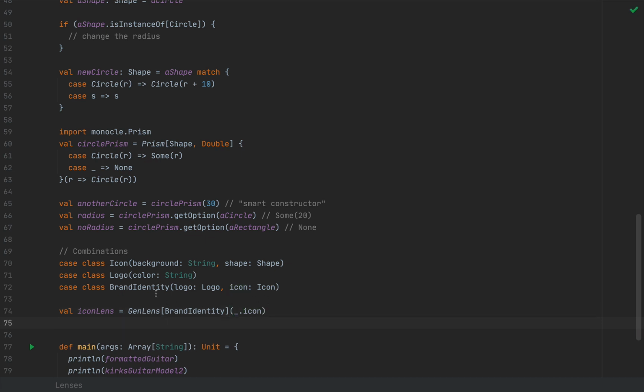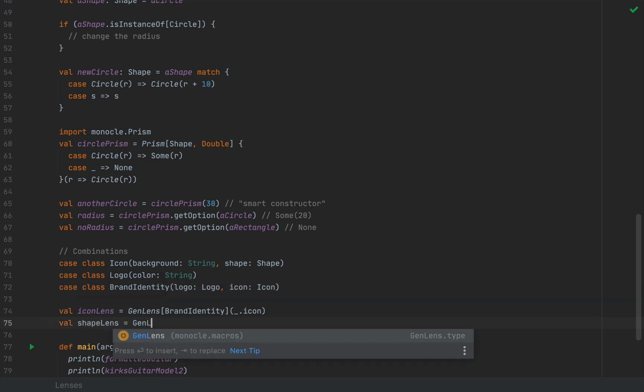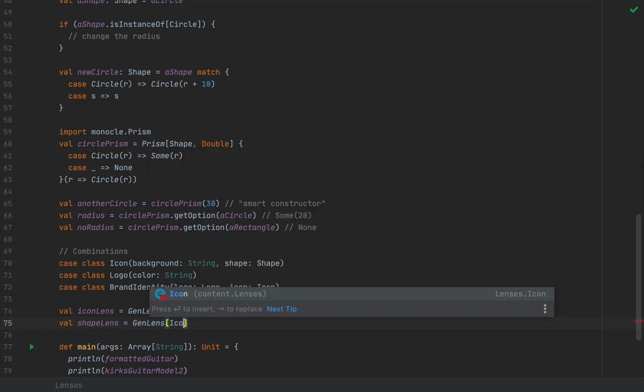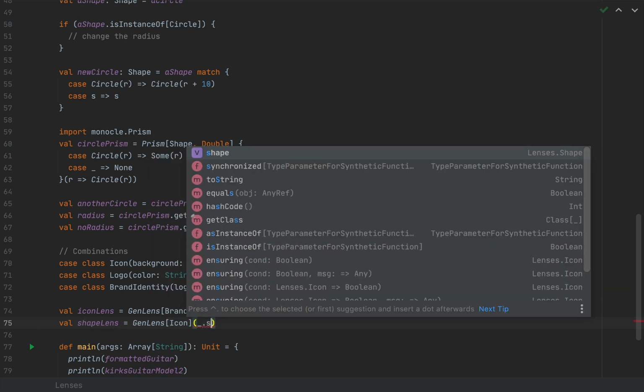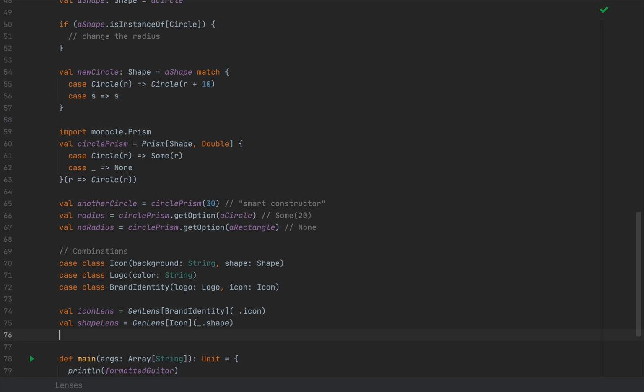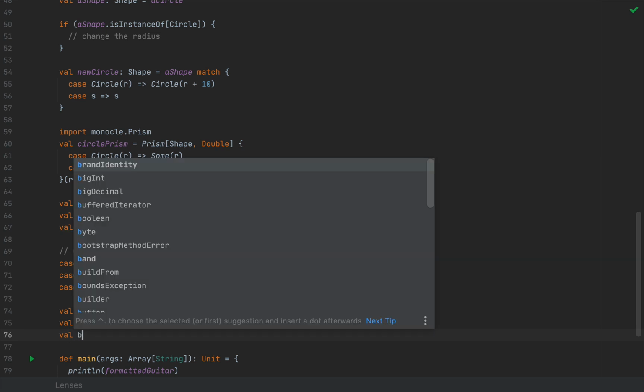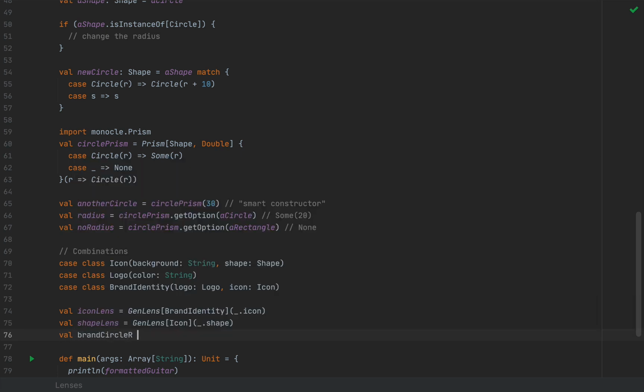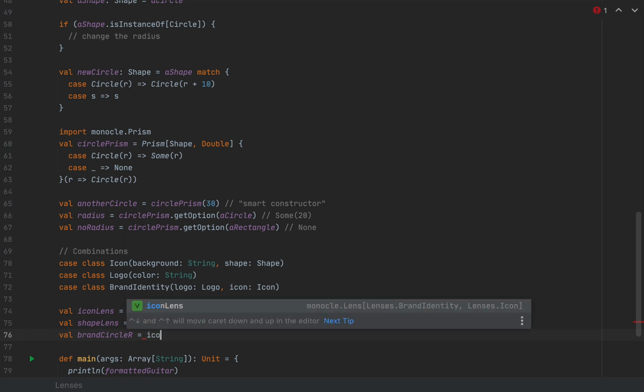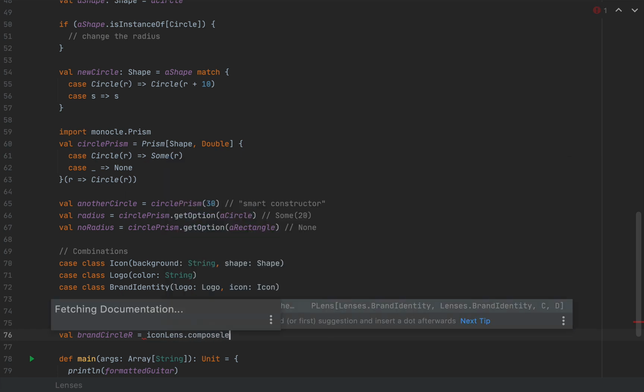Then I would need to zoom into the icon case class and return its shape. So I'm going to say val shapeLens as GenLens with icon, and I'm going to use underscore shape. And now I would combine this icon lens with a shape lens and with the circle prism that we defined earlier. So I'm going to define, let's call this brandCircleR for radius, as iconLens dot composeLens